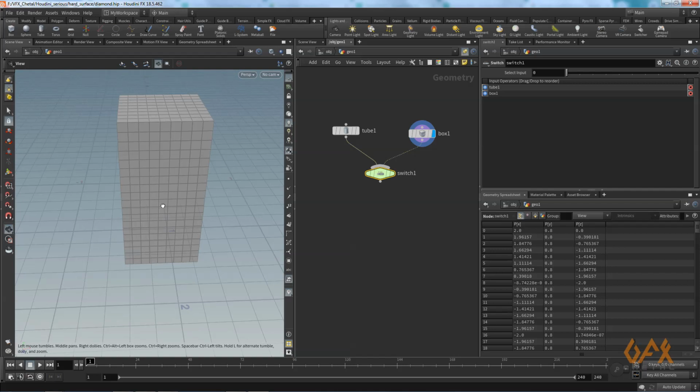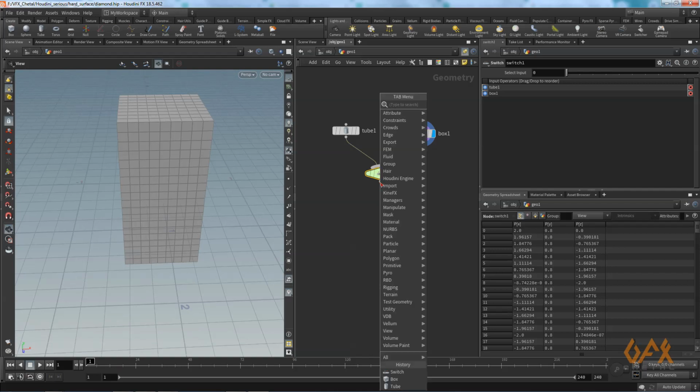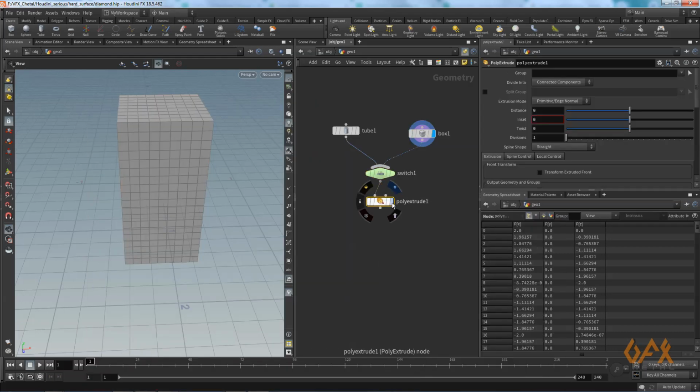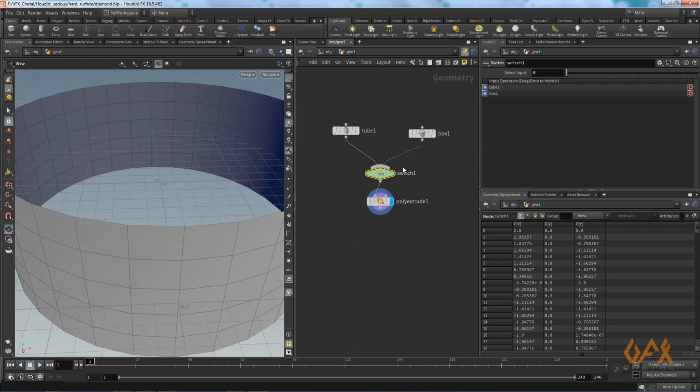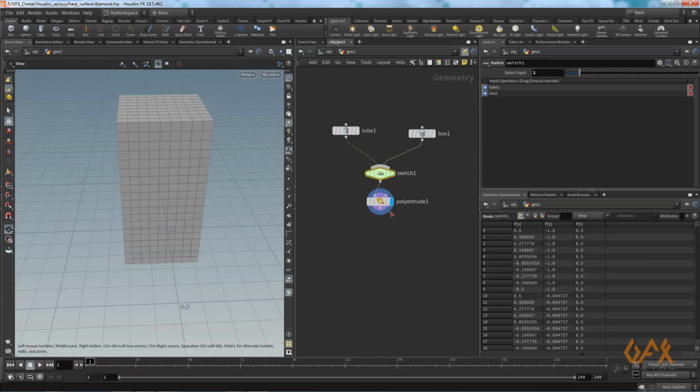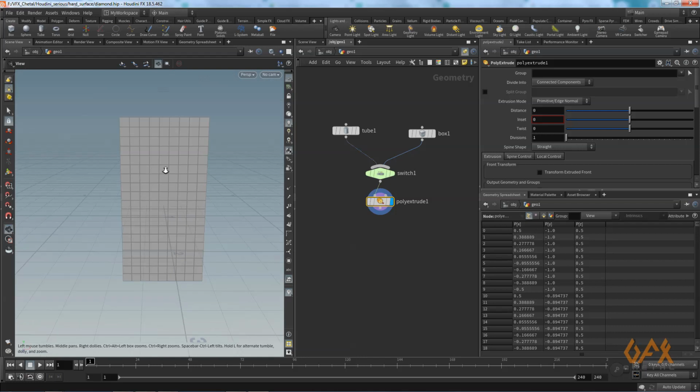Now first of all, I apply one poly extrude over here. Here I set it to 1. I select this thing.